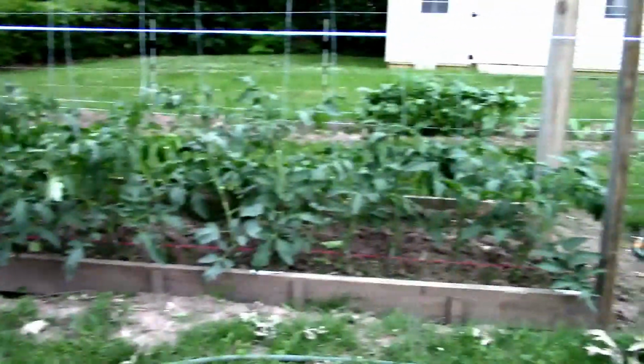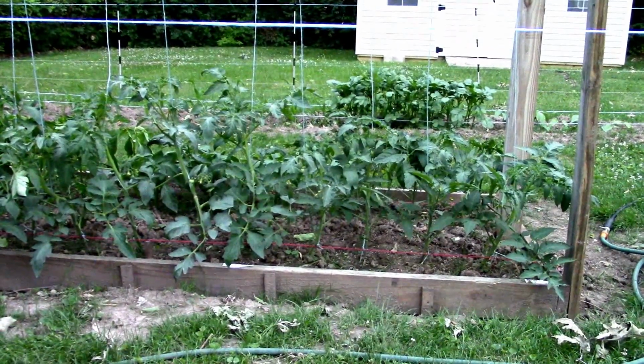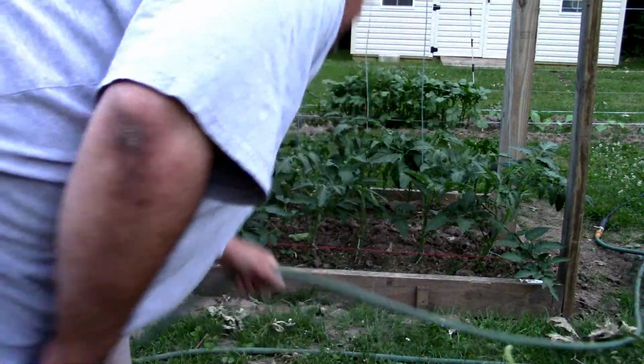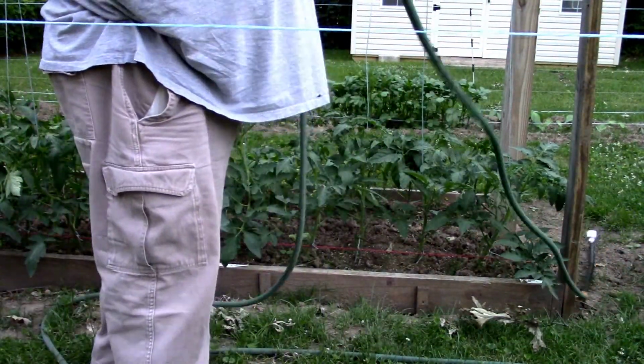And I will take you over here in a minute and show you the peppers. You can kind of see the potatoes there in the background. So the way we water here,